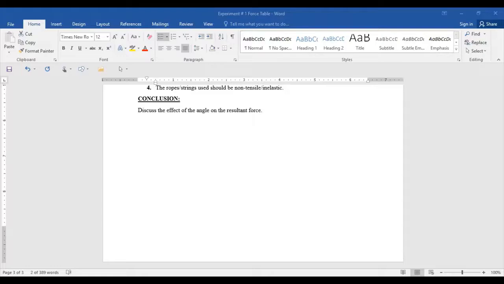So you put the 40 grams weight over here, and the 30 grams weight over here. These are the defined cases, and you have to go for these three cases, but you can do it on your own as well. If you want to take different weights or different angles, you can do that. But I must tell you, if you are going for these three cases, it is enough at this level, if you are able to experiment only for the two forces and get your resultant force.